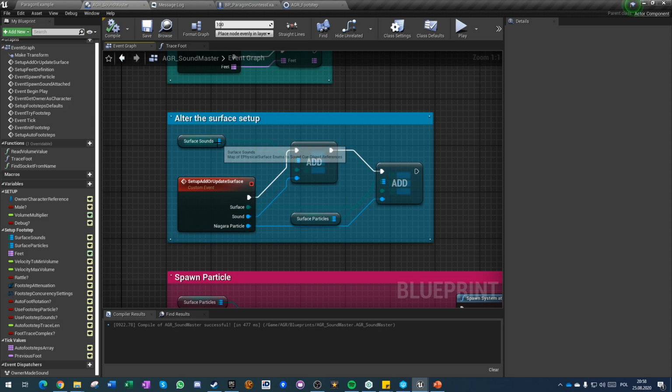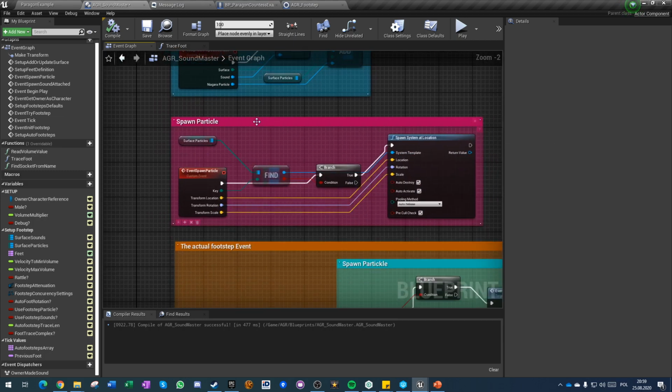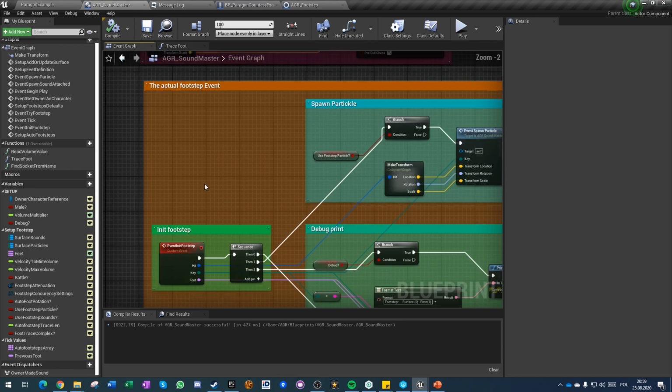So basically when you have a map and you do an add and the map already has this key that you're trying to add, it will override the value for that key. So I don't have to do a check if this map contains a certain key, because just adding is add or update basically. Then you have spawn particle, just an event, and spawn